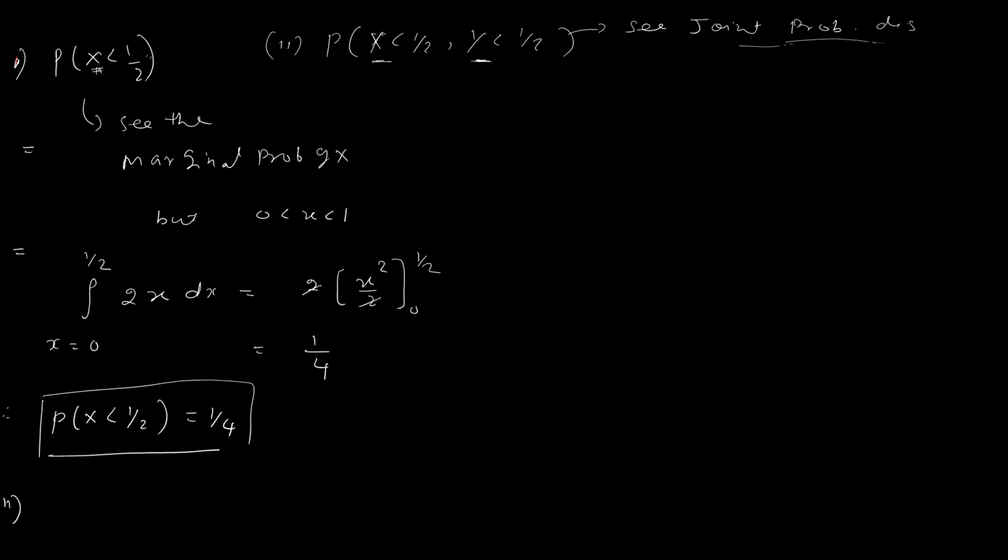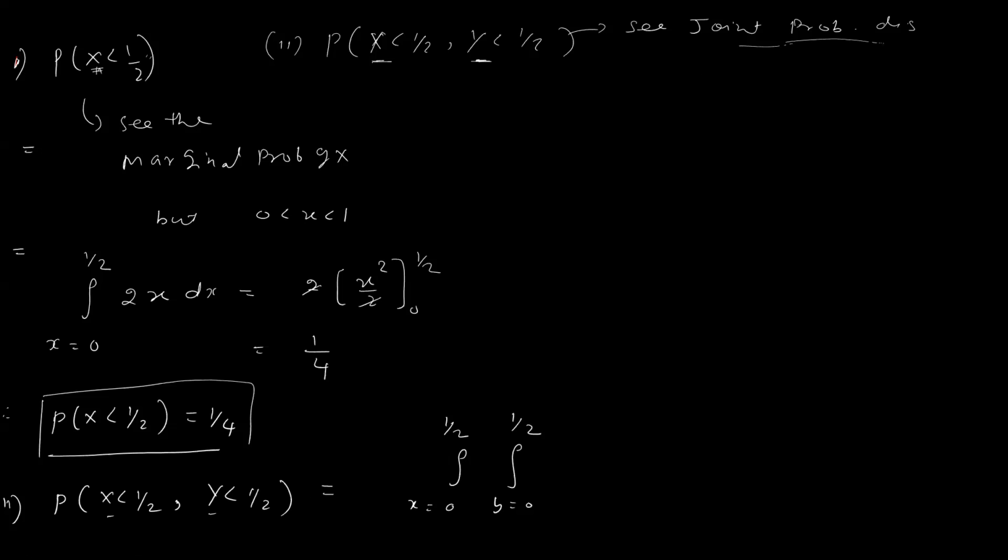So next I will take the second portion. Here I have the probability of x less than half, and now x and y both are present in this. So to answer this question, both integration limits will come. Now x will start from lower limit 0 and go up to half, right? The y limit is also starting from 0 and going up to half.